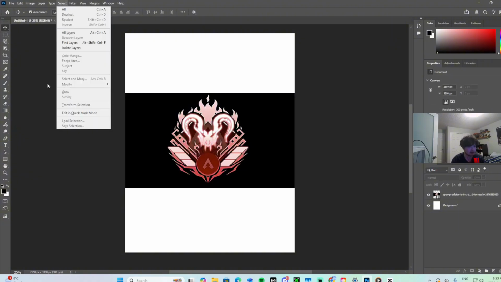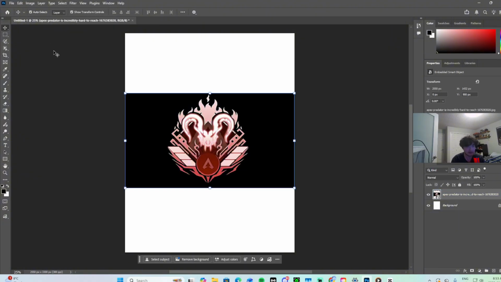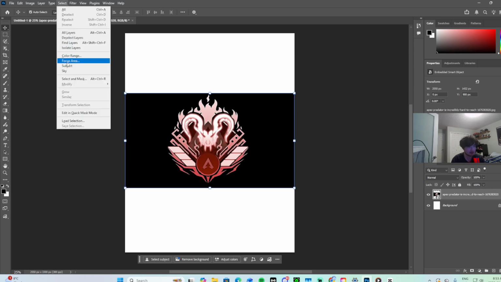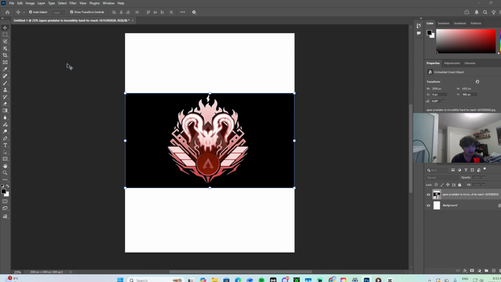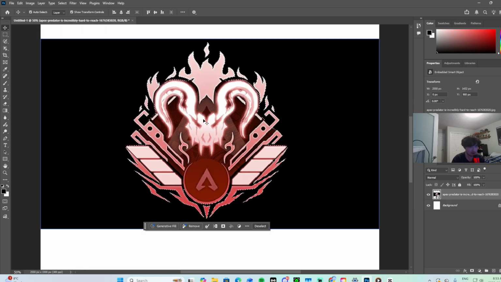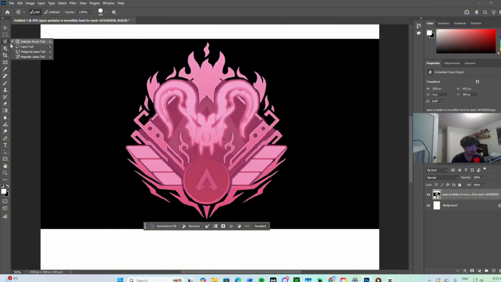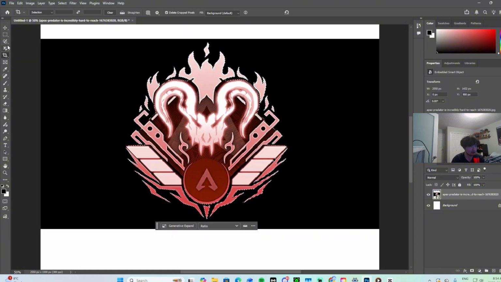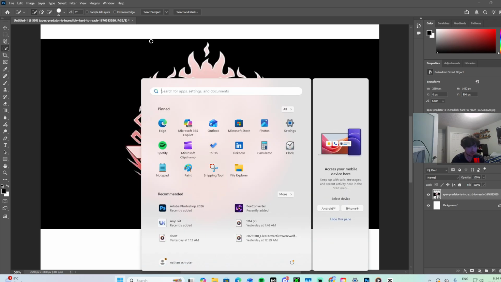So what you want to do is you want to go to layers, select your layer. You want to select it, and you want to select subject. Right now, it's gonna be pretty poor selecting the subject. Okay, hold on. I'm gonna zoom in. And what you're gonna want to do is take the quick selection tool, and using option, or what is it on PC, sorry, control,